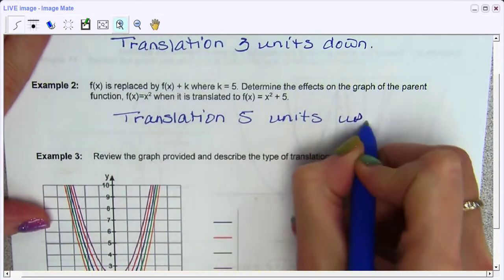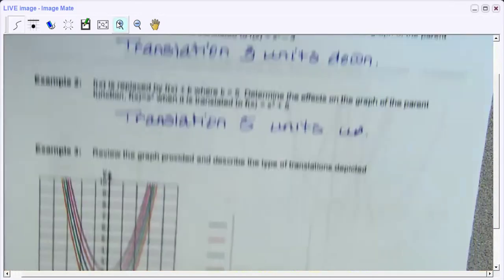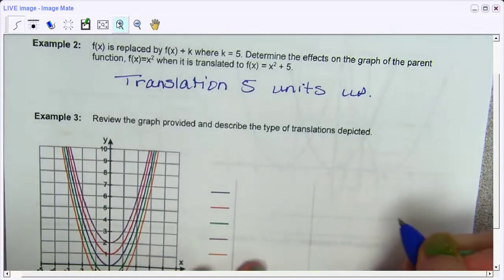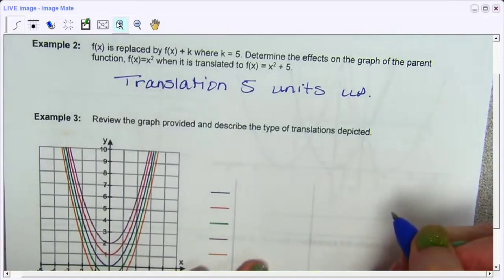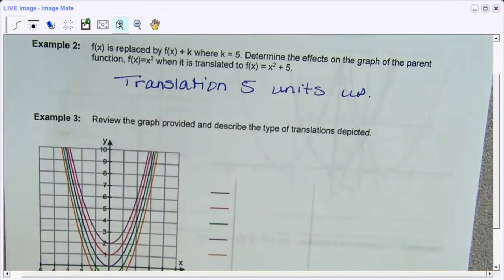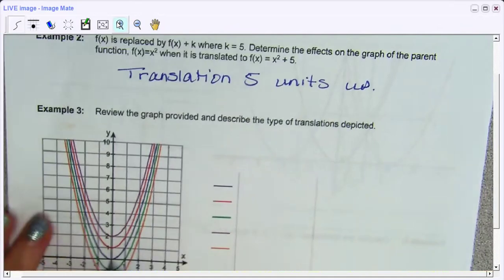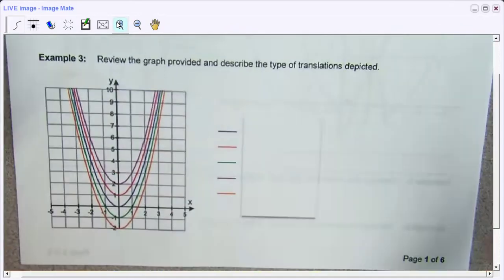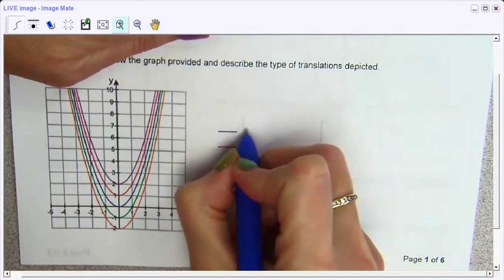Okay. So let's look at this graph right here. So we're going to write a table. No, we're not going to write a table. So what we're going to do is the parent function is the blue one. Okay. So the blue line is going to be